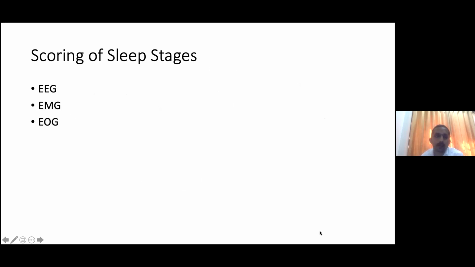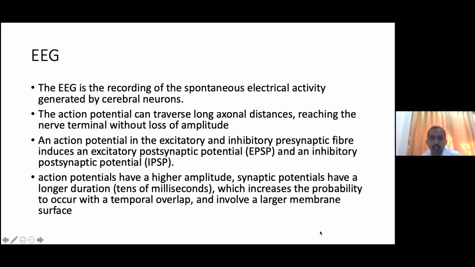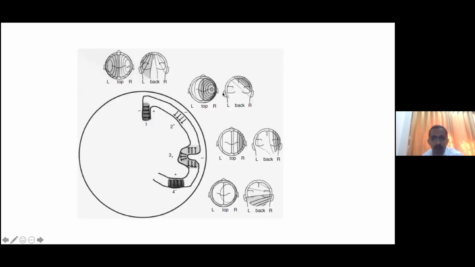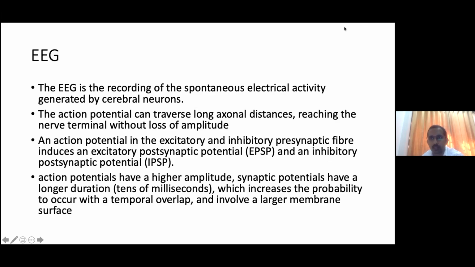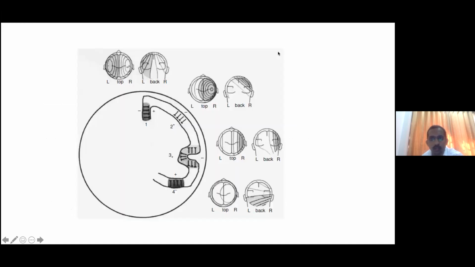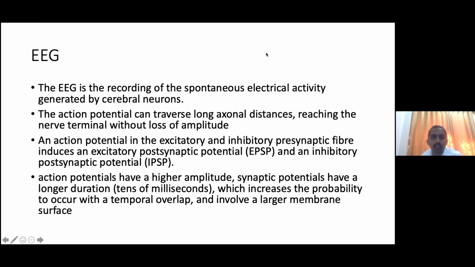neurodegenerative disorders. EEG is a recording of spontaneous electric activities generated by cerebral neurons. These are action potentials in the excitatory and inhibitory polysynaptic system. An action potential in the excitatory and inhibitory presynaptic fiber induces excitatory postsynaptic potential and inhibitory postsynaptic potential. These synaptic potentials have a longer duration, and they overlap, and then they will generate a longer